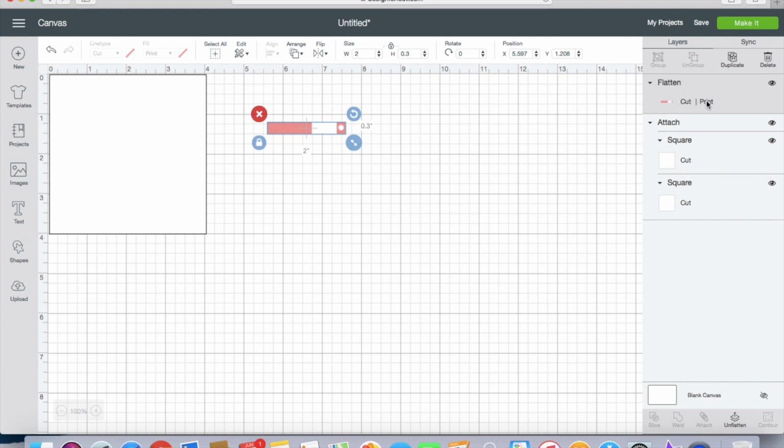This is a cut, that's a cut. I'm going to show you why I needed two. And then this is the cut and print. So that is exactly how you want it. Now, when I do my stickers, I hate the fact that it's just this. So sometimes what I will do